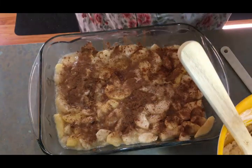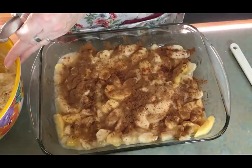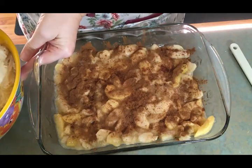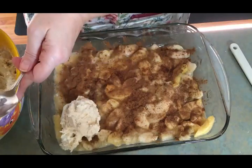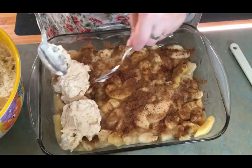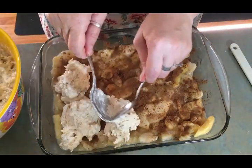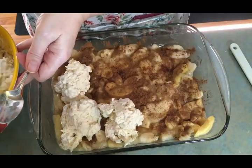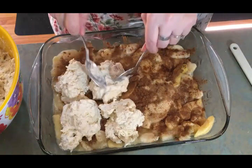That's the one thing I found in this book. These are really old recipes, and you know, back in the olden days they didn't really write stuff down. They just did it by memory. And so when they go to write stuff down, they're just guessing, I think, a lot of times. So I really think, because when I was measuring out that 6 cups of flour, I thought, wow, that's a lot of flour. But I'm going to go ahead and just